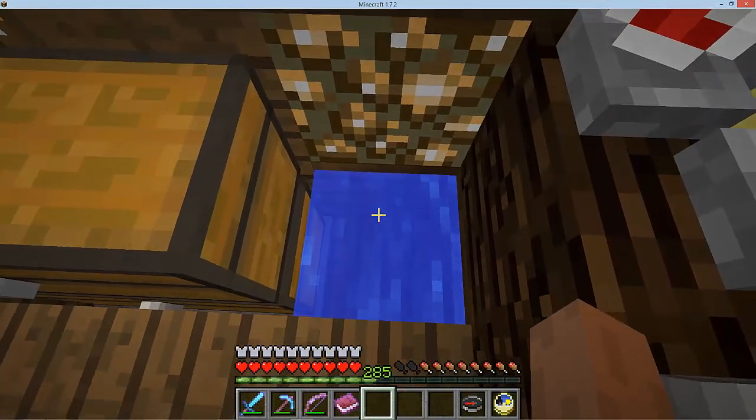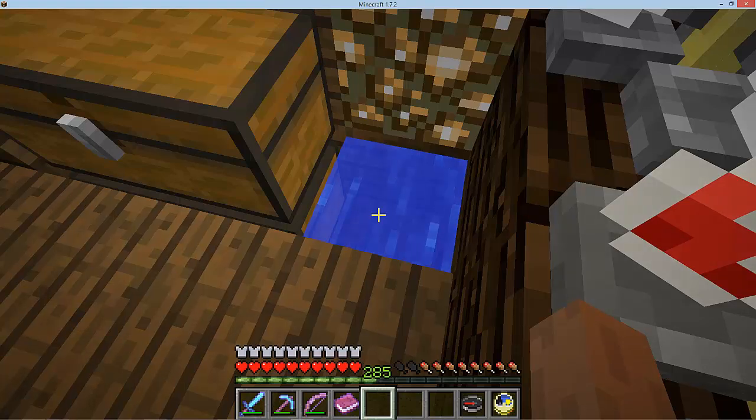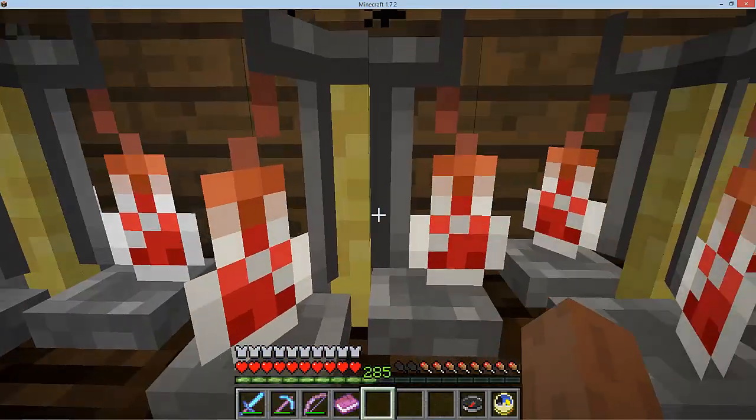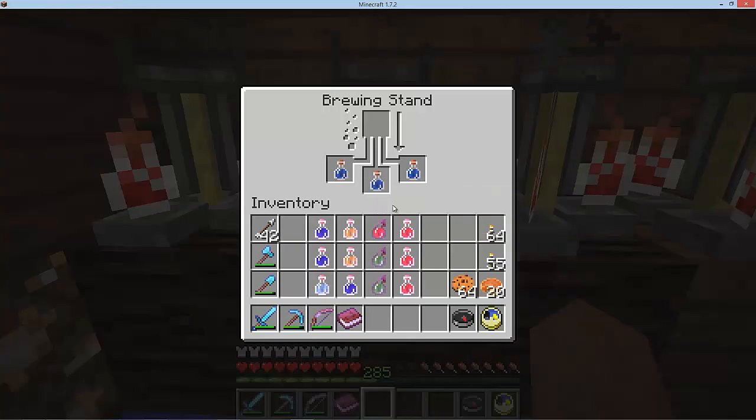So after the 3 uses you gotta fill it up. With this, just dig a hole in the ground and fill it up with water with a bucket, and that way you can get unlimited amount of water. It's just simple as that. Just do that. There's no real point for cauldrons in Minecraft yet, so that's just something to keep in mind. Unless you're